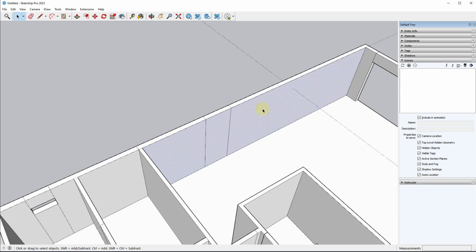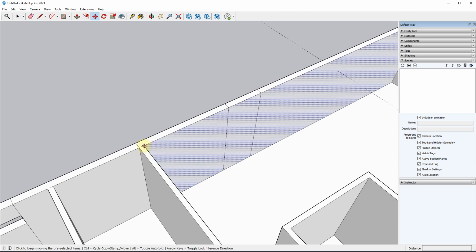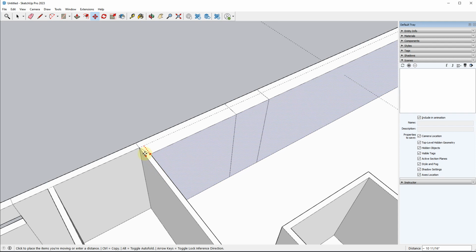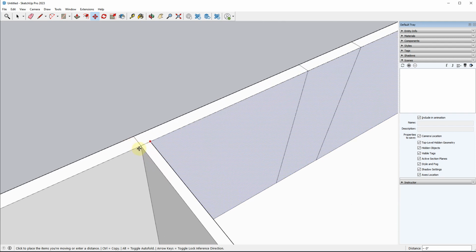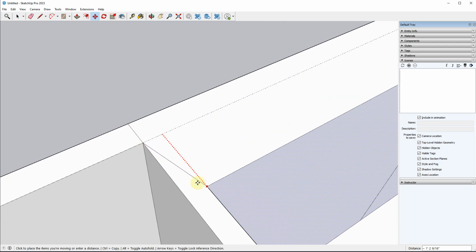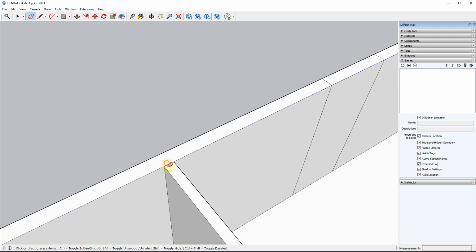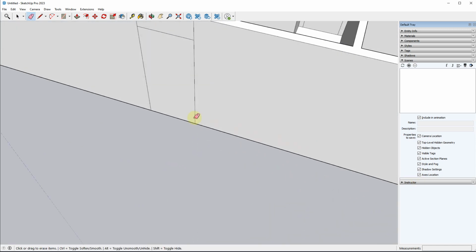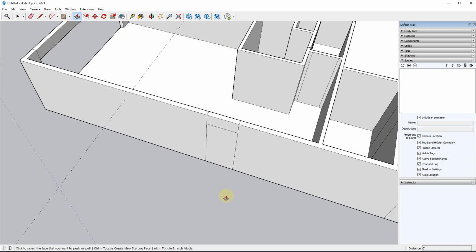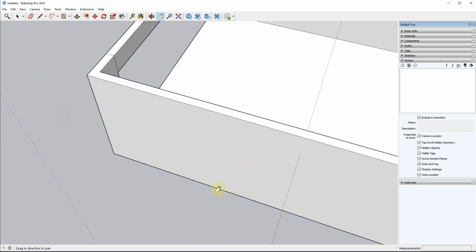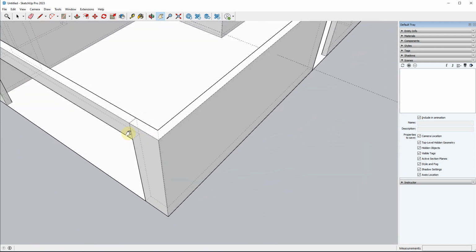So what I'm going to do is just select all these faces right here. And we could move them along this axis right here, or we're going to move them along it. And we're just going to do this little snap right here. And so I'm going to lock it in this red axis and tell it to go right there. And it gives us that squiggly line in 0 inches. So it's just saying whatever we're doing right here, it's adjusting it in a way that is not measurable at the scale that we've chosen. So it's just a little quirk of SketchUp. Okay,